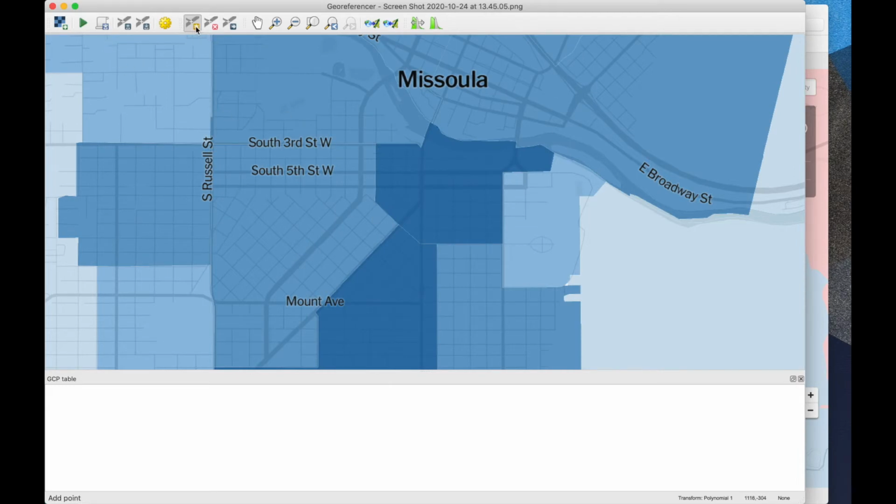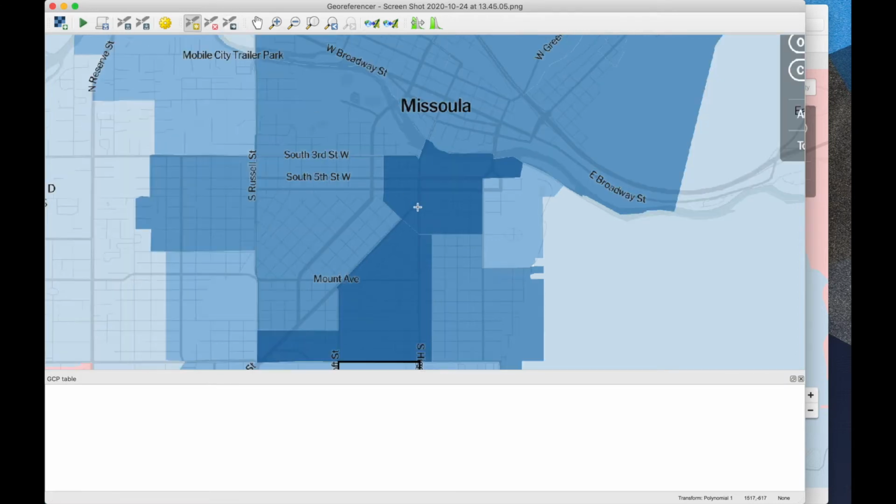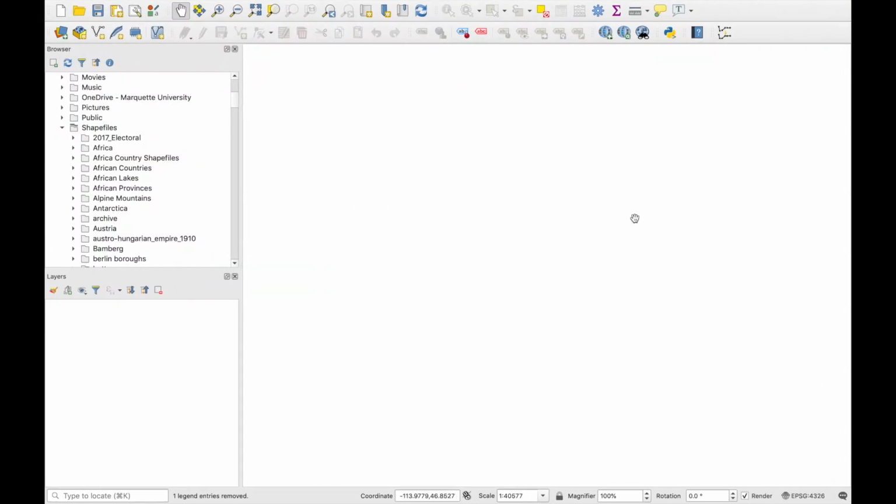For this, we're going to use these three buttons up here: add point, delete point, and move point. Before we add these points to our canvas and connect them to QGIS, we have to figure out what this is referring to. One of the things I've done, which I recommend you do, is you can link